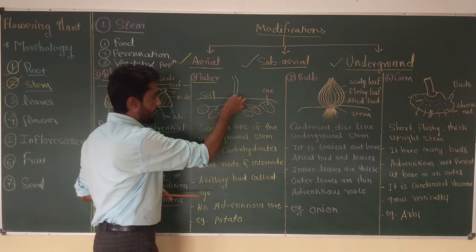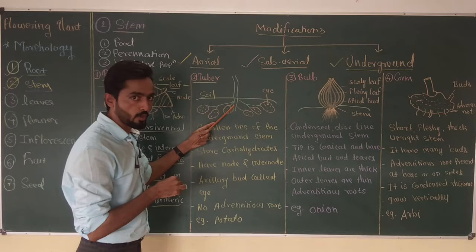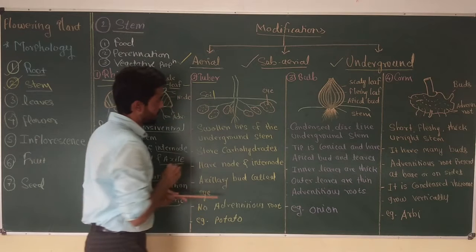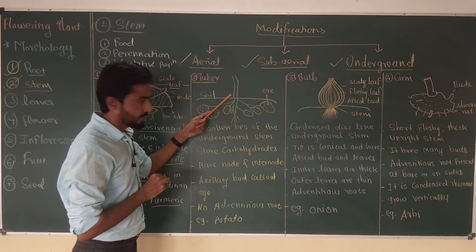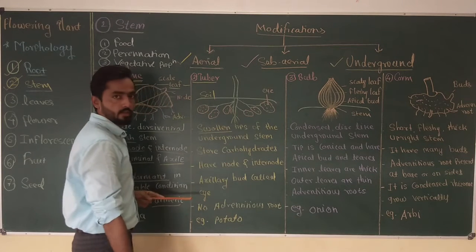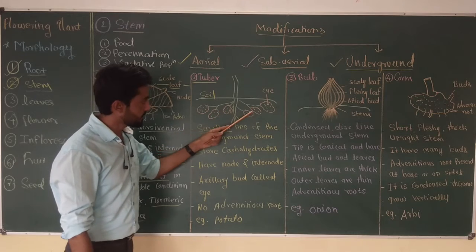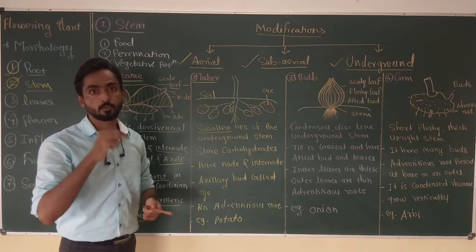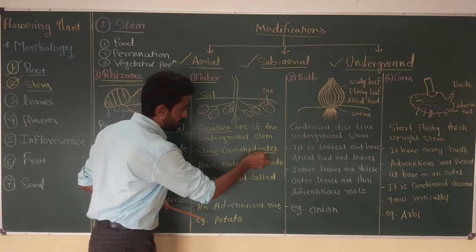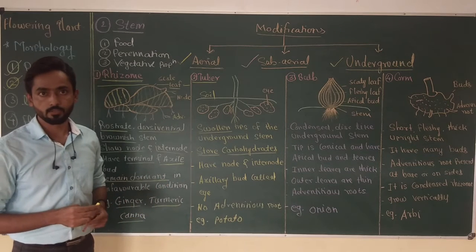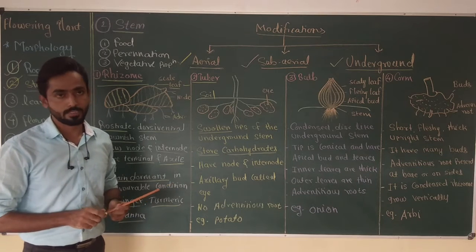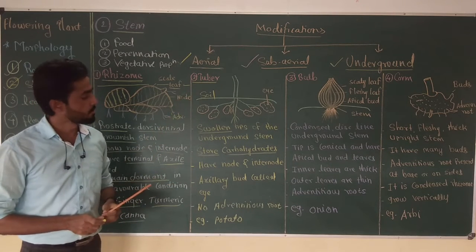Okay, you can see the stem also grows below the soil, and the root of this stem will be present somewhere here. Now some branches of the stem are present below the soil surface, and the tips of the branches get swollen. These swollen areas are nothing but the tips of the underground branches of the stem, and they store carbohydrates like starch. So this stem tip mainly performs the function of food storage in the case of stem tuber type of modification.